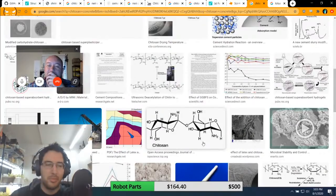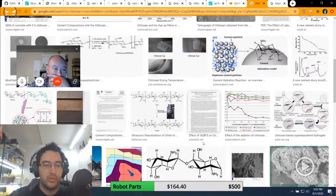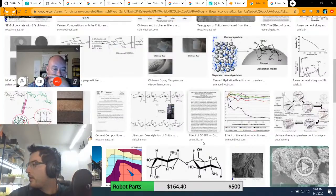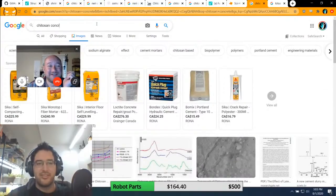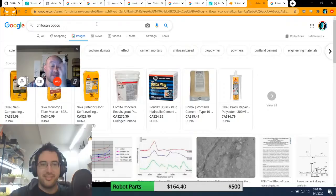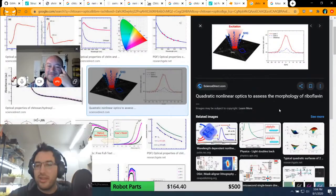Fibers for optics, probably not. Its optical properties are fine, but glass is better. It might work, but I don't see that being a great choice. Yes, it can work for all kinds of things, but there are still better choices for certain things. There are a lot of papers about optics and chitosan now. Oh my god. I have not put enough papers in the library, evidently. What the heck? This is a non-linear optic. Are you kidding me? They're making...